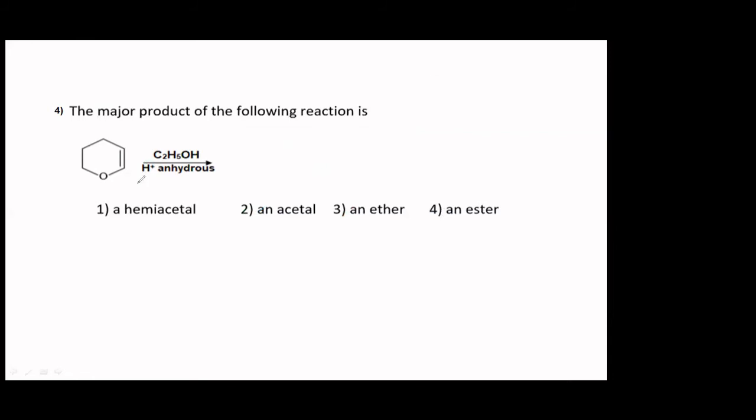Basically, these are not two different reagents. It is actually C2H5OH in anhydrous H plus. Anhydrous hydrochloric acid is used. So that means you have got plenty of H plus ions. They will come and form a bond with the pi electrons here. Once it is formed, you are going to get this first. The pi bond opens. After forming a bond, this hydrogen can go to this carbon or to this carbon. But it will go to this carbon because a more stable carbocation is formed. That is because of the electron density; it will be stabilized. It is very close to oxygen.